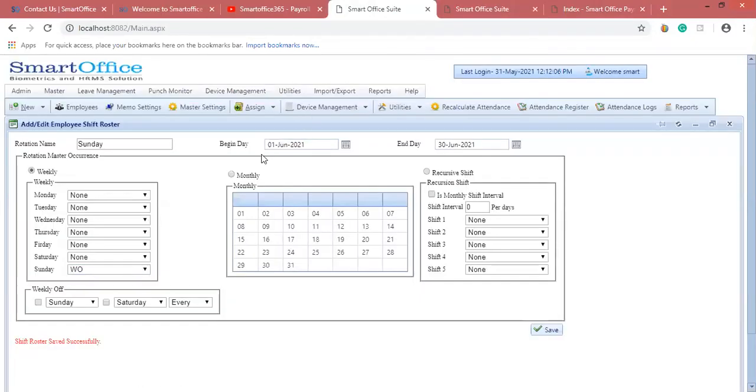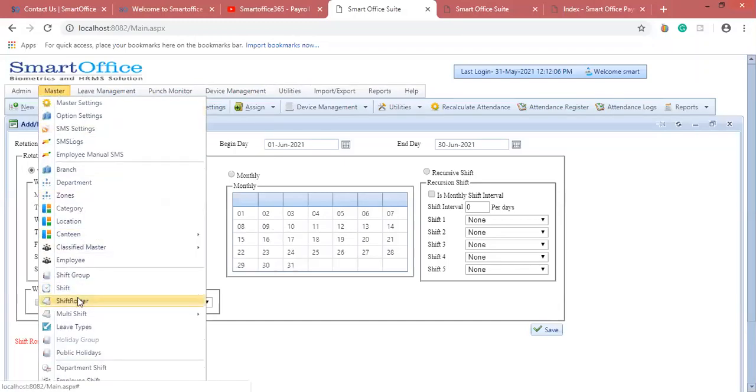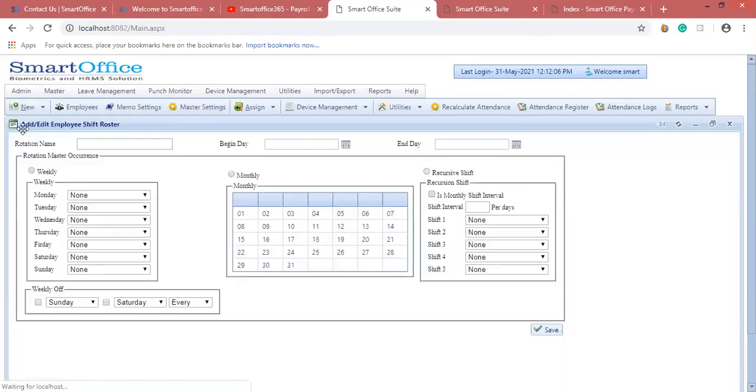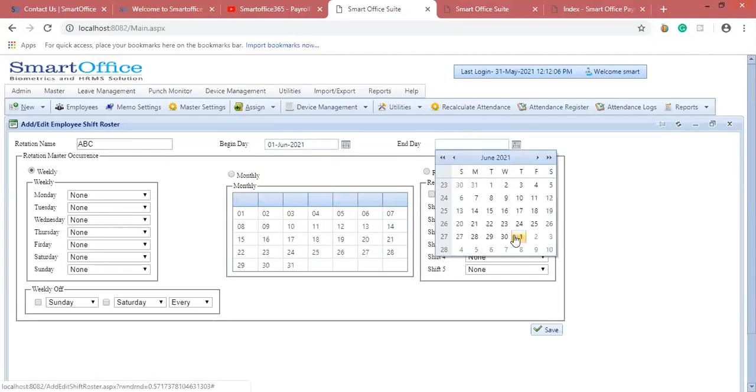Not only week off, even if you want to create a shift roster, say for example, in some organizations, I'm defining the rotation name as ABC with a 1 month time period.